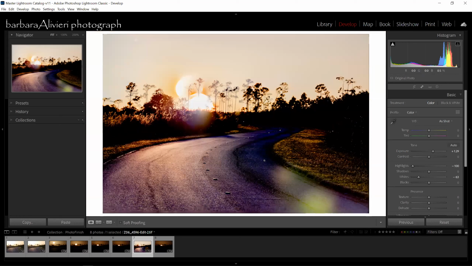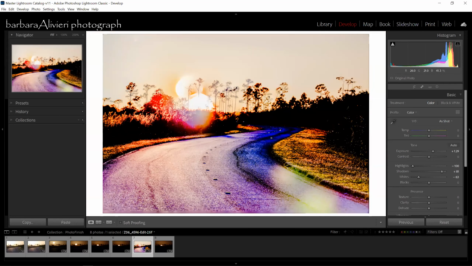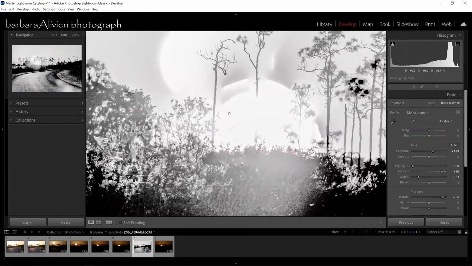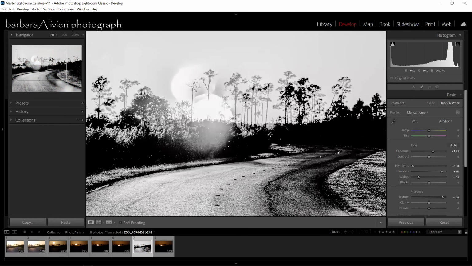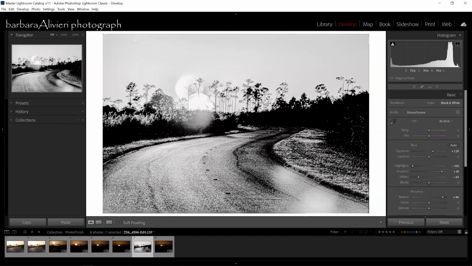And if I had properly exposed everything, this would not look so bad. But that's how you focus stack. And you can continue to edit. We can make this, let's do it black and white. Let me see what you can do with this. I love it when I make a mistake and you're like, oh wow, that looks pretty cool. Let me see if I can recreate that later.